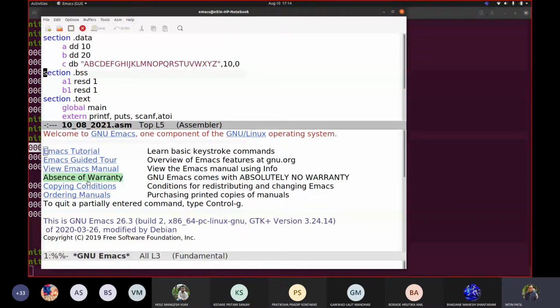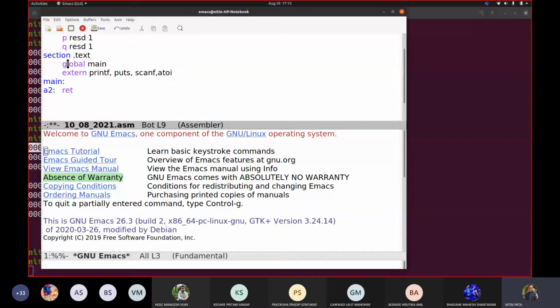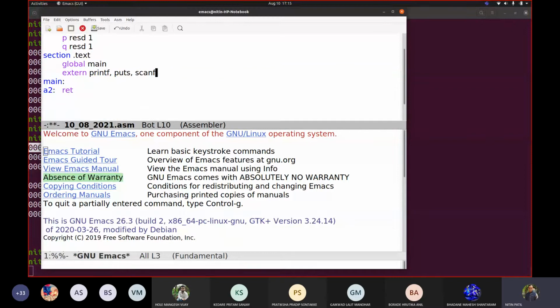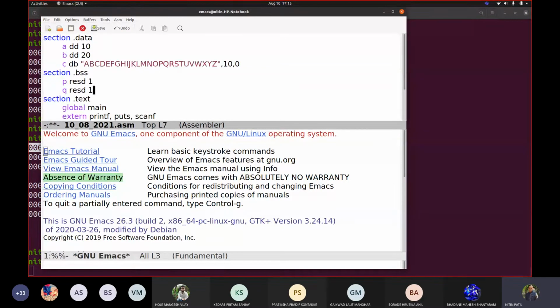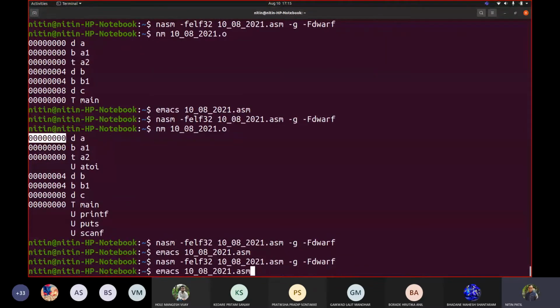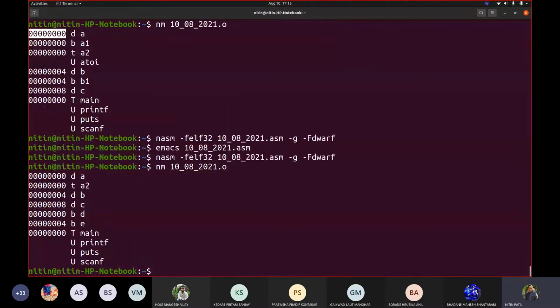Let me put ABC, PQ, so that it will be A, B, C, D. A2I we will delete because otherwise it will take that above. Let us take everything before P, D, E. Let me sort and check NM. Oh sorry, I forgot to remove that A2.